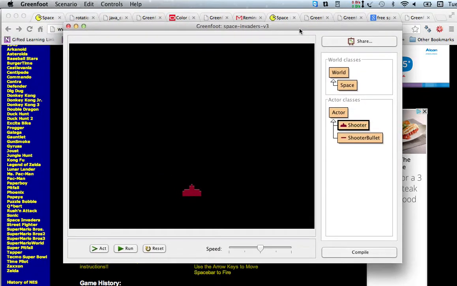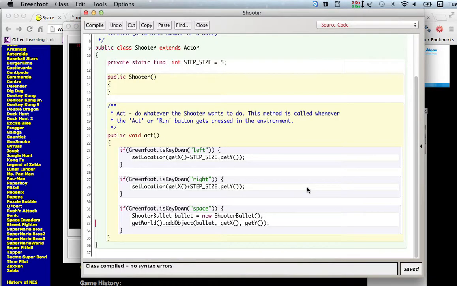Okay, so in the last video we noticed that we did get the shooting to work, but the bullets are flying way too fast. What we want is, if we hold down the space bar, we only want them to shoot once in a while, the bullets. To shoot maybe, and we thought maybe of keeping track of how many times we go through act and then